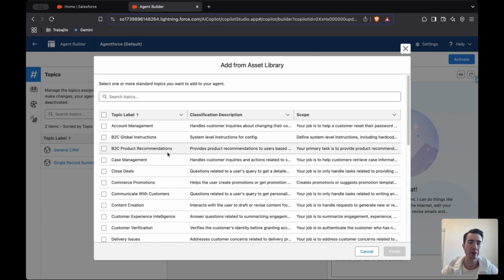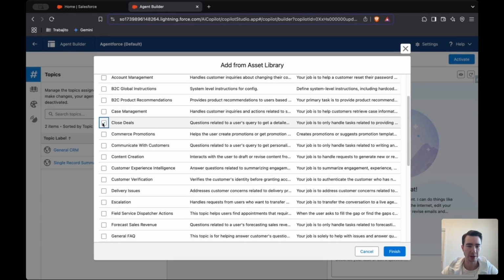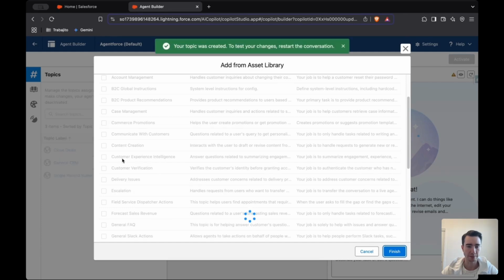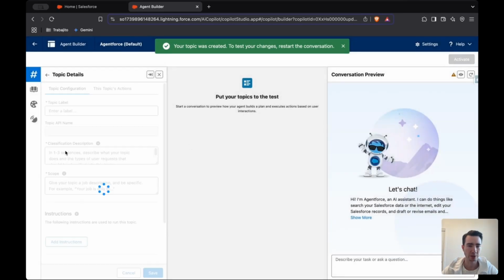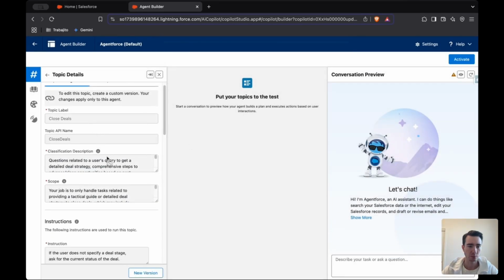But for example, in preparing to answer this question, I looked at whether one of these, if I dropped it in, would let me get a next best action on a record, maybe an opportunity. And this one jumped out at me, the closed deals. So let's add that, and let's take a look at the outline. So the description: questions related to a user's query to get a detailed deal strategy, comprehensive steps to advance closed opportunities based on past deals won, pricing information for a product,